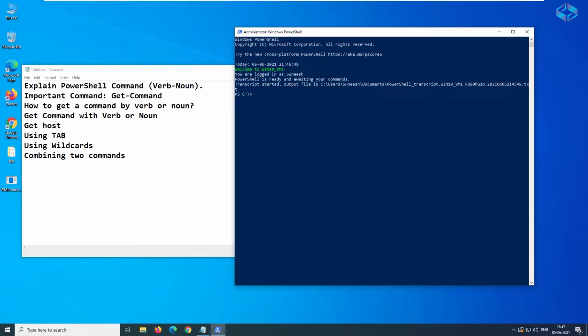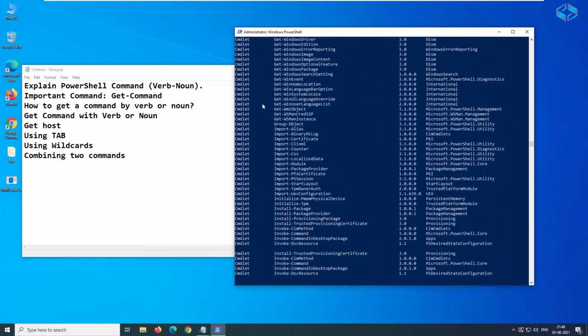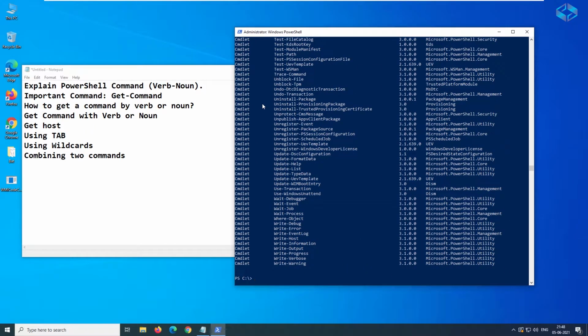So going back to the topic, the first important command in PowerShell is the Get-Command. Always keep in mind that in any module in PowerShell, this command is very useful in various scenarios when you are working with PowerShell.